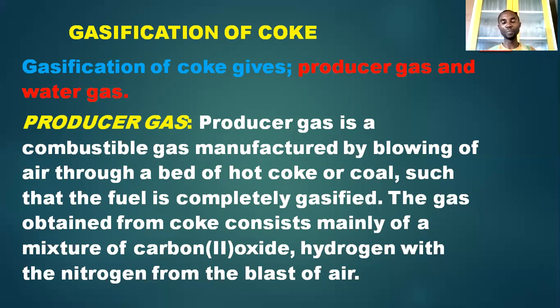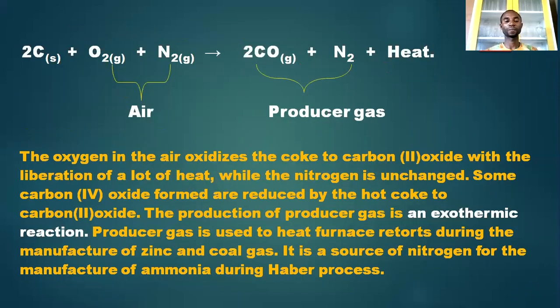Air is being blown into the coke chamber. The gas obtained from the coke consists mainly of what? A mixture of carbon dioxide, hydrogen, with the nitrogen from the blast of air. So blowing air into the chamber of coke is how this particular producer gas is formed, and it mainly consists of carbon dioxide, hydrogen, and nitrogen from the blast of air. Now, look at what I'm just trying to say. Carbon,